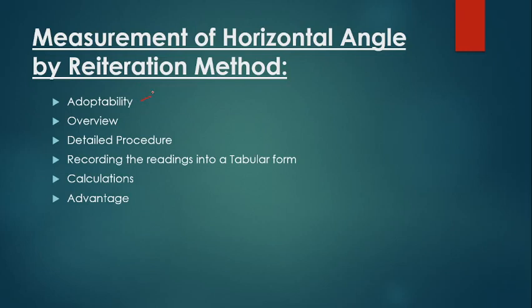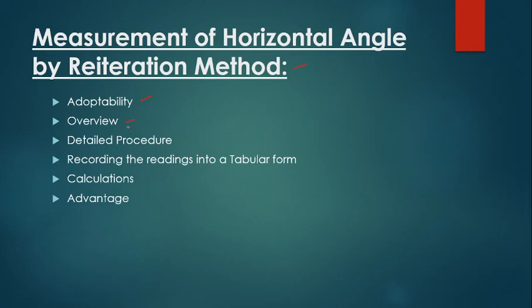So what is the adaptability of this method? As I said in the previous slide also, when a number of angles are to be measured from the same station, with the same instrument station you are going to measure 4 or 5 or more horizontal angles, then this method is best suited for saving time. Because when you use the method of repetition, for each angle you are going to repeat 3 times with face left and 3 times with face right, 6 times completely for a single angle. And if there are four angles, 4 multiplied by 6, so a lot of times you are going to measure unnecessarily. But with the help of this reiteration method, you can avoid all that long procedure.